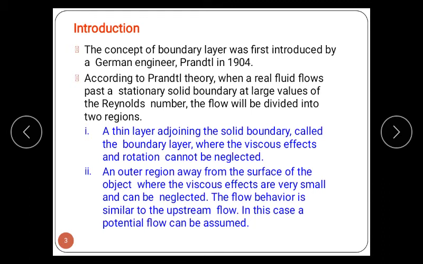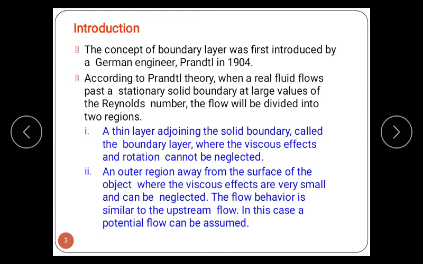Now in the case of a rectangular plate, suppose fluid is flowing over plates, what will the Reynolds number value be? For laminar flow, the Reynolds number should be less than 3.5 into 10 raised to 5 for a plate, and for turbulent flow the Reynolds number is greater than 4 into 10 raised to 6. In between, the flow is transition.